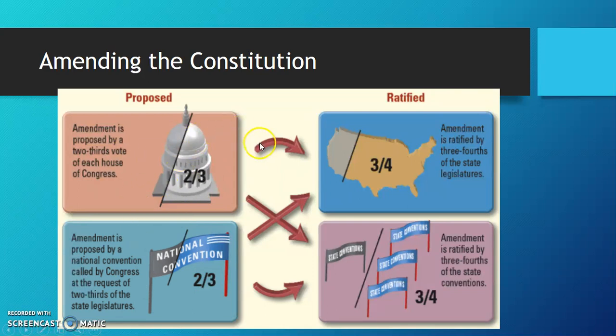Okay, the next step in this process, and either one of these can go both ways. It does not matter. So if you start at the bottom, you can have it ratified one of two ways. Same thing at the top. You can have it ratified one of two ways. So the first way you can get something passed, if it is successfully proposed, is to ratify by 3/4 vote of state legislatures. The next one is to ratify by 3/4 of state conventions, and these conventions vary by your state law and how they are chosen.